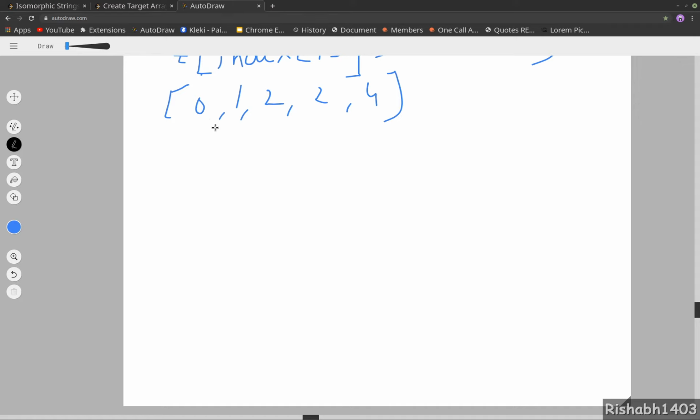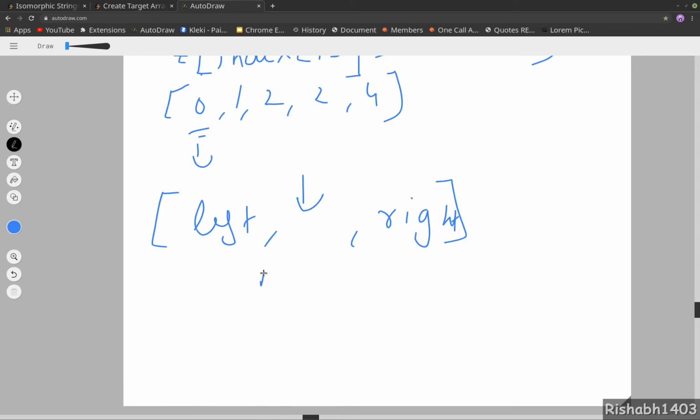So we loop over this array, and for each index, we'll have our target array. We'll split the target array into two parts. One is left and another is right, and we will insert our nums value, this particular index, sorry, the original index i, here.